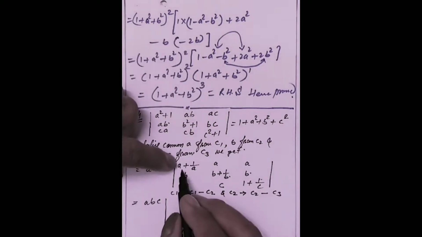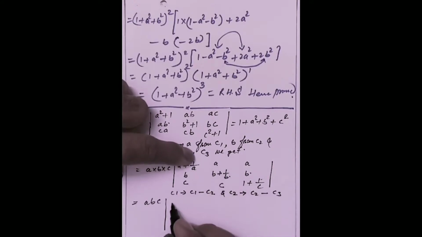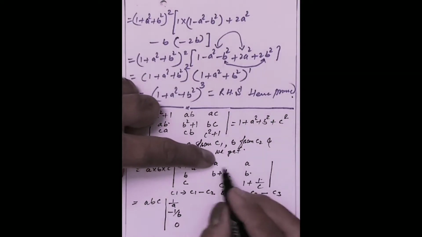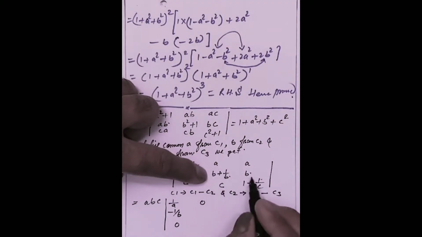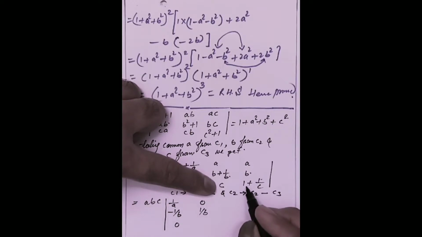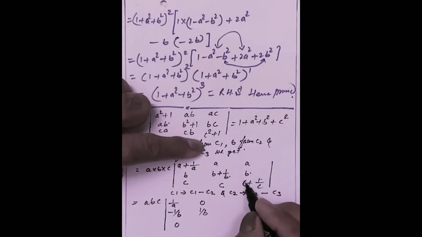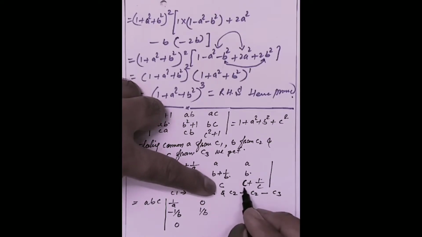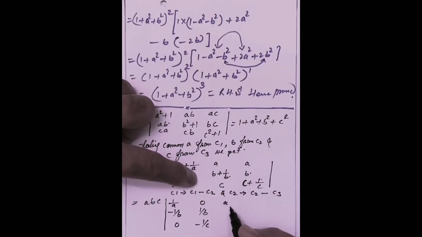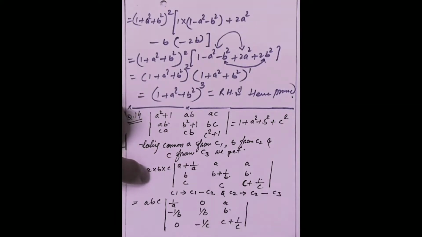So what we are going to get: this minus this, a minus a cancels, so 1 upon a is remaining, b minus b cancels, so minus 1 upon b is remaining, c minus c is 0. Over here a minus a is 0, and b cancels out, so 1 upon b, and c cancels from here, so c is remaining here, c minus c is cancelling, so minus 1 upon c, and then a, b and c plus 1 upon c. There is no change in c3. So this we get from above.